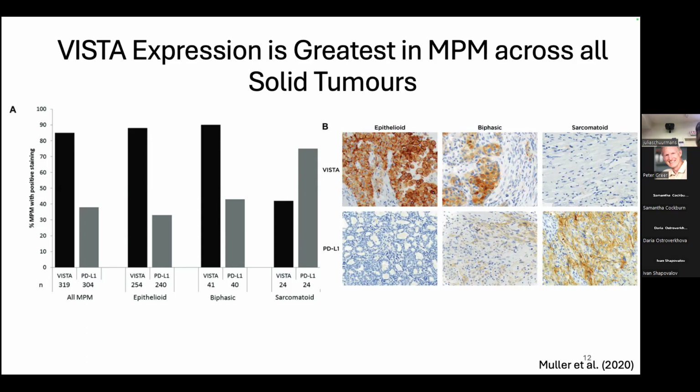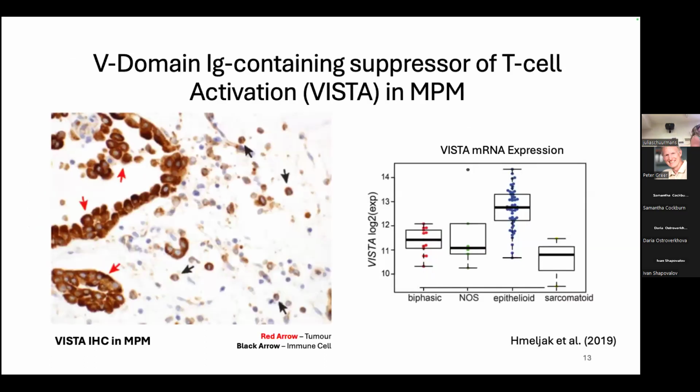And if you look over in figure B there, those are IHCs staining for VISTA on the top, and you see a stark decrease in the stain, which is in brown, as we move through the subtypes, and then PD-L1 on the bottom, which is an increase, which confirms what we see in A. Now, this is at the protein level. If we look even further into the mRNA level, we also see the same thing occur again, where the VISTA expression within the epithelioid subtype is way above that we see within the sarcomatoid and biphasic types.